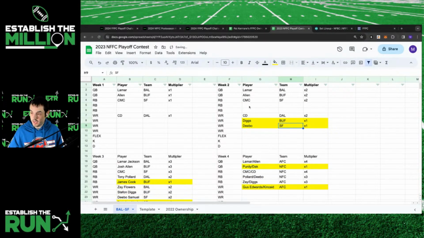Tony Pollard's the next best Dallas player. We're going to want to add him in week 2 to get him to the ×3 in week 3. So we'll add Pollard, which leaves us with our Baltimore one, which again gets tricky, but it's probably going to be Zay Flowers. So you can see right off the bat, if we're maximizing towards the end,